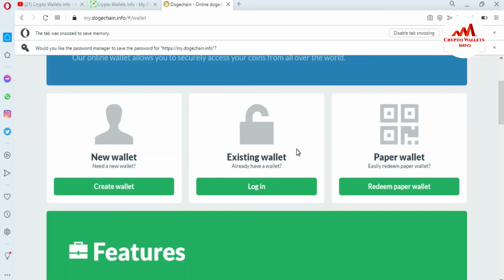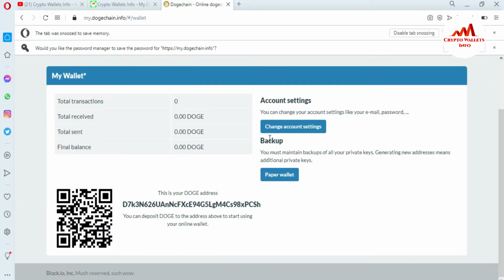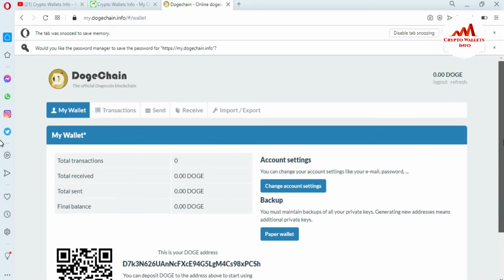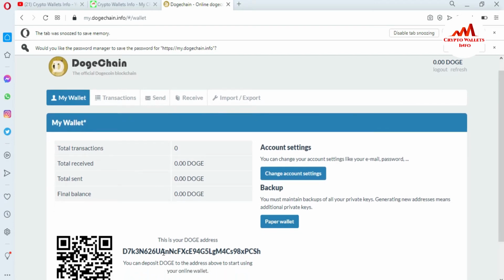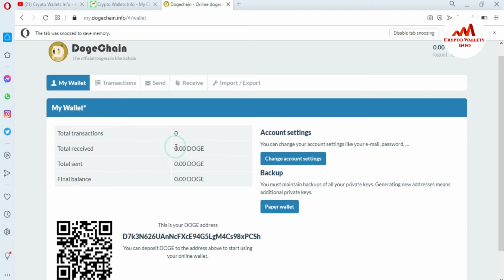Now my wallet is decrypting. And you can see here, yes, my online wallet is open in front of me, and this is my wallet interface. If you have a balance in your wallet, it will be shown, but this time I have no balance, but I will give you the method for how you can withdraw. If you use the same method from your Dogecoin online wallet, you can easily transfer funds from your Dogecoin wallet to any other exchange or wallet. Okay, let's suppose you have a balance of 10,000 in this wallet, and you want to transfer funds from this wallet to another wallet or any other exchange.